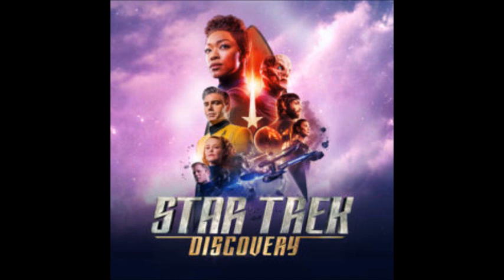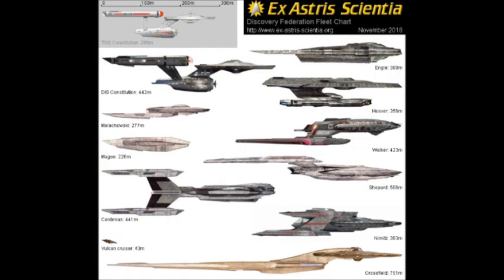So, for all of you caught up to date, we see Pike's Enterprise at the end of Season 1 of Discovery. And people have worked out what size that ship was. In terms of size, people concluded that it was about 442 meters long. Now, that is very clear and distinct evidence that Star Trek Discovery as a series is operating on a